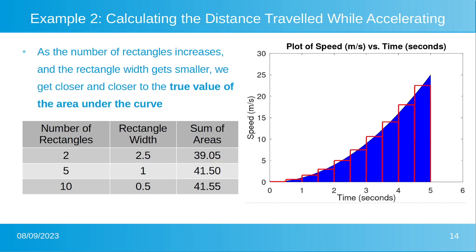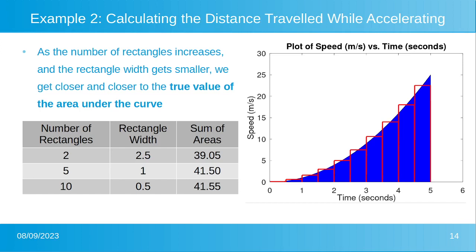So what we see is that as the number of rectangles increases and the rectangle width gets smaller and smaller, we get closer and closer to the true value of the area under the curve. And we can see this in this table of results here on the bottom left hand of your screen. When we used two rectangles, our rectangle width was 2.5 units, and the sum of the areas of our rectangles was 39.05 units. When we used 5 rectangles with a rectangle width of 1 unit each, the sum of the areas of our rectangles was